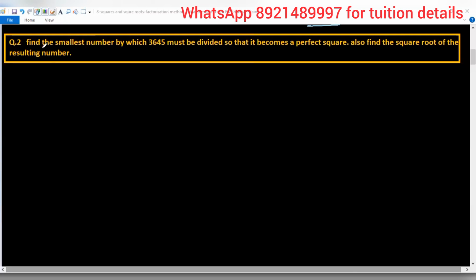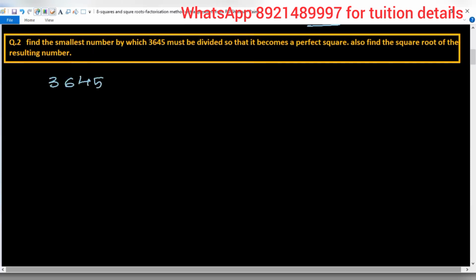This is our second question. Find the smallest number by which 3645 must be divided so that it becomes a perfect square. It must be divided, then also we have to follow the factorization method. And the extension of the question is also find the square root of the resulting number. Okay, so first we have to factorize